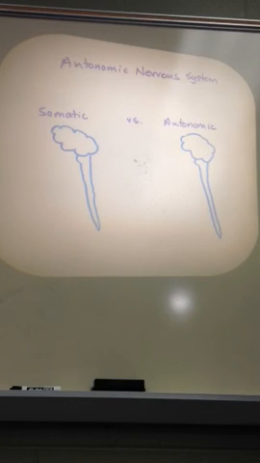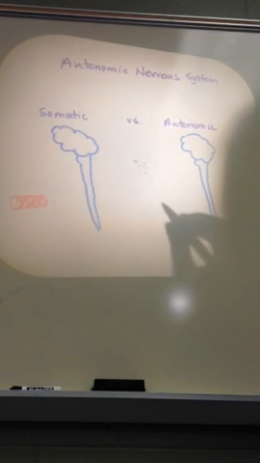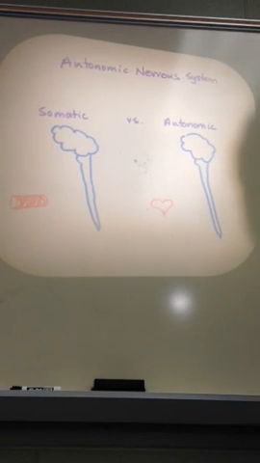First of all, the somatic nervous system is the nervous system that controls voluntary muscle in your body. So the target tissues for the somatic nervous system are skeletal muscles. So this represents one striated skeletal muscle cell. For the autonomic nervous system, the target tissues are involuntary muscles like cardiac, smooth muscle, and also glands. So to represent the target tissues for the autonomic nervous system, I'm just going to draw a heart, cardiac muscle